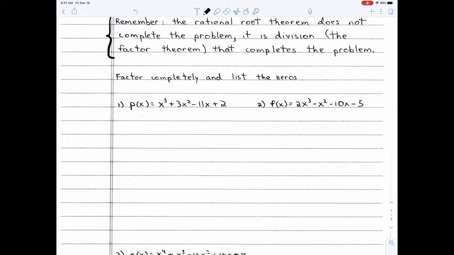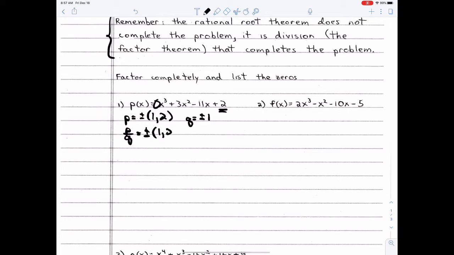Well, there are 4 terms here, so we're going to try grouping it. You can try grouping it all you want. It's not going to factor. So what do we do? We need a list of things to divide by. We've got plus and minus 1 and 2 from the constant. And from the leading coefficient, we get plus and minus 1, because the leading coefficient is just 1. So the P over Q list